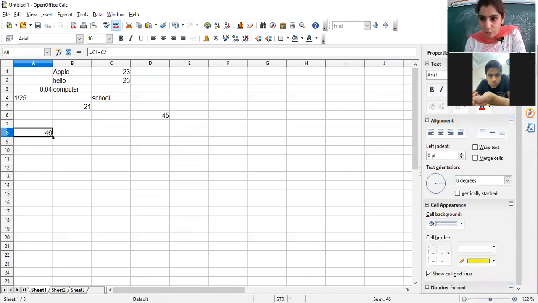On copying this formula further, I'm copying down to the next cell, it will change. So here it is C1 plus C2, here it will be C2 plus C3, right? So that means the formula is changing. When the formula gets changed, the values get changed, the contents change. That is a case of relative referencing. Clear, bache?